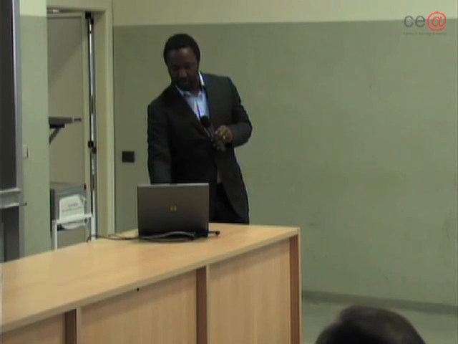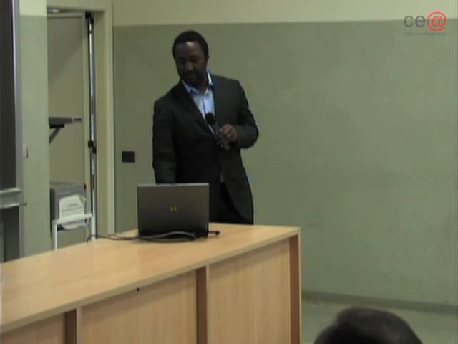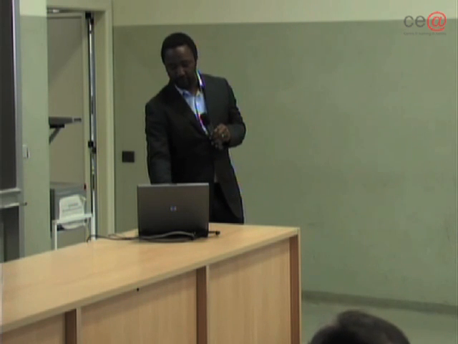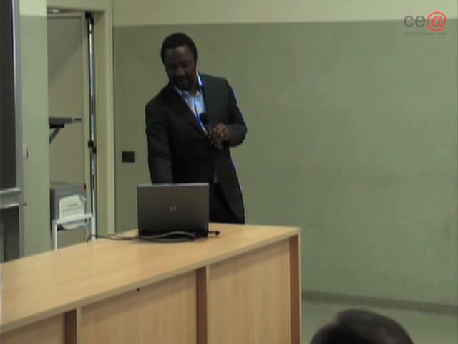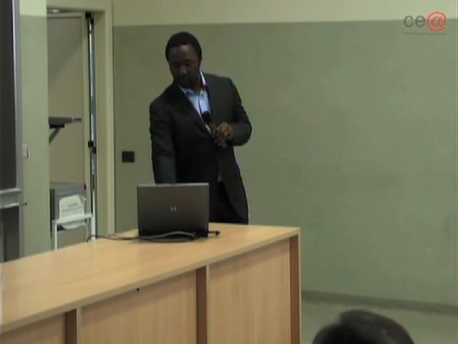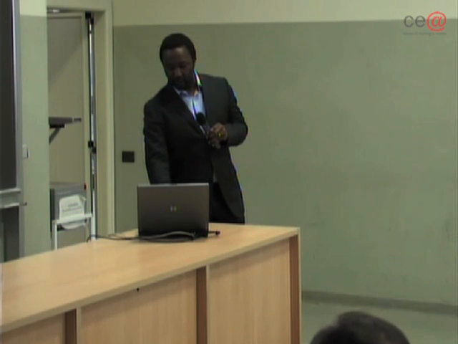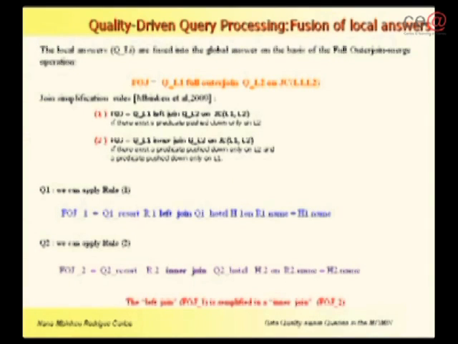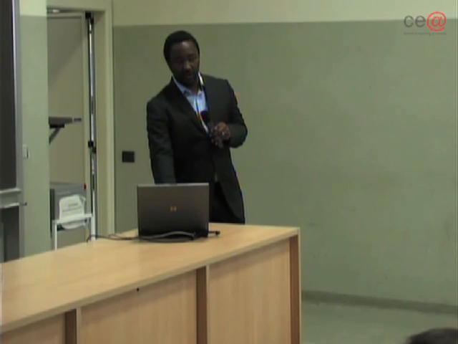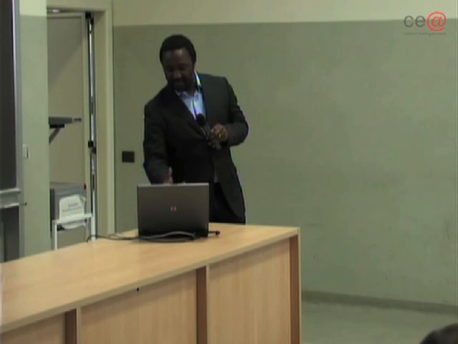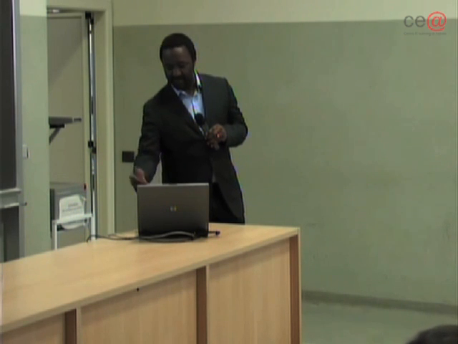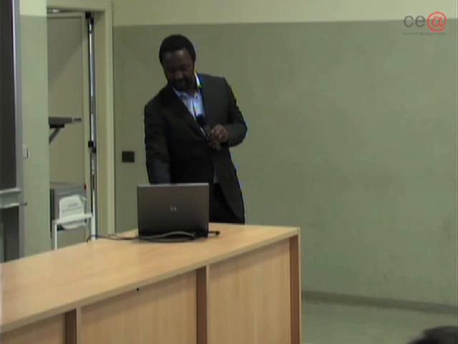So we can use the simplification rule to obtain the full join simplification. In the first case, we can simplify the expression to a left join. For query 2, we can do more and obtain an inner join. In this case, we obtain an intermediate result much smaller than for query 1.